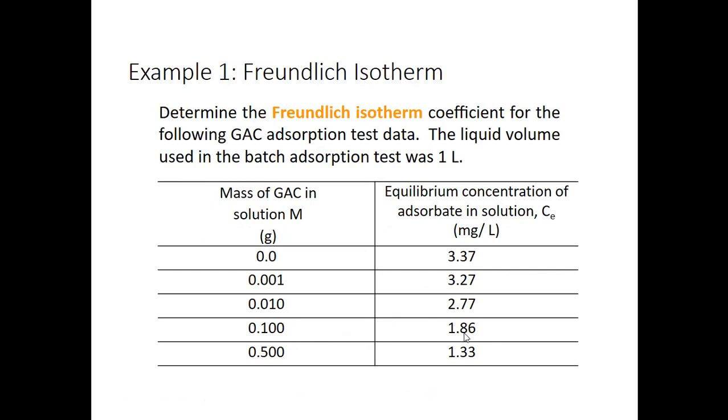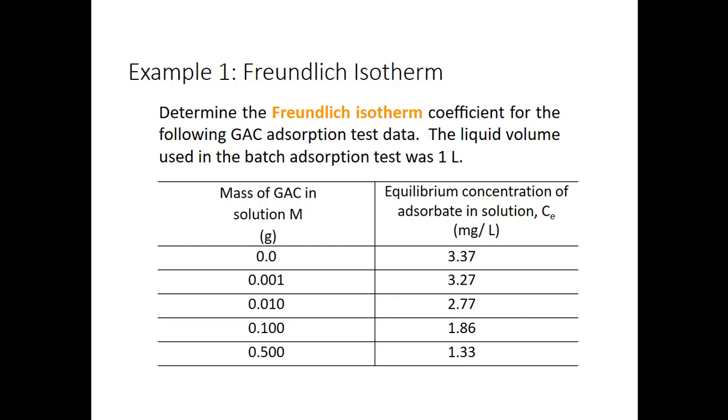Here is one example on the Freundlich isotherm. This is data from a lab experiment. We apply different masses of GAC to one solution, and each of them was applied for the same period of time. Then we got the equilibrium concentration, C equilibrium, of the adsorbate in solution. For example, when we apply 0.001 gram of GAC, we reached 3.27,